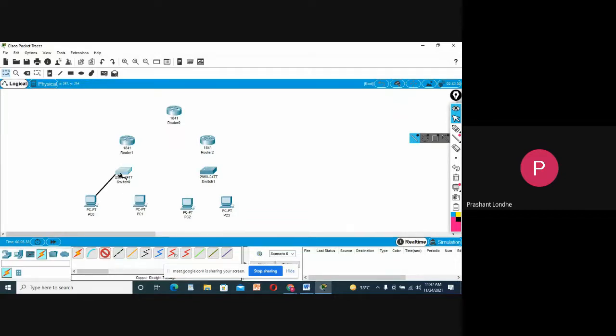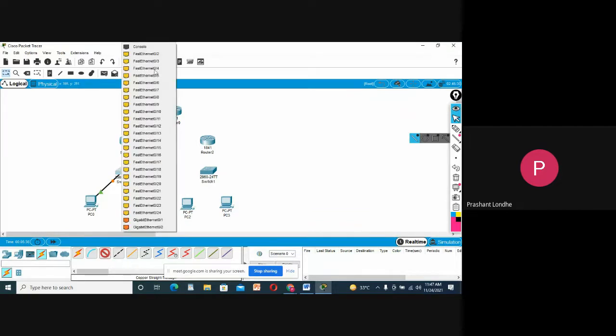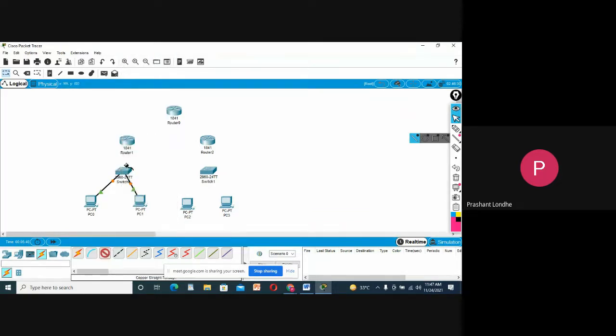Machine with switch, then switch with router, similar thing for the next network. Then I will connect the routers.